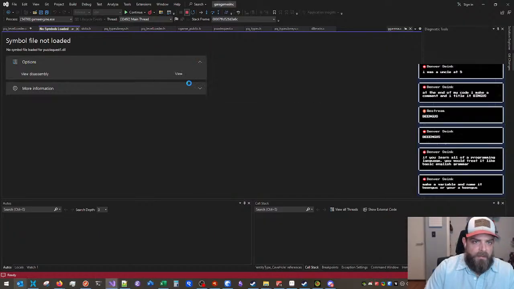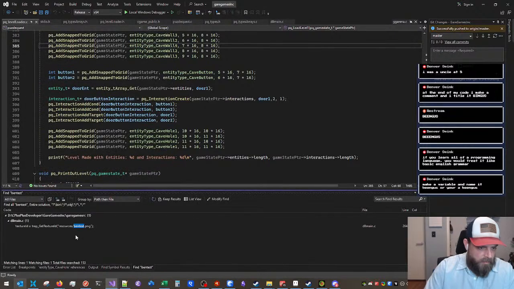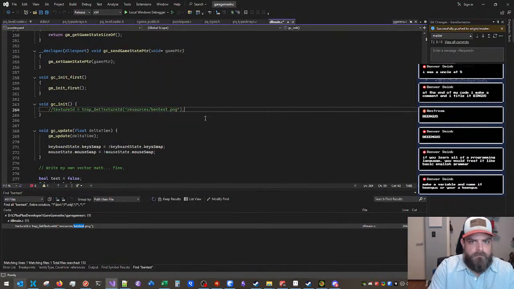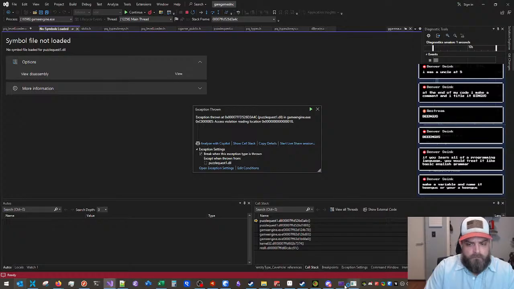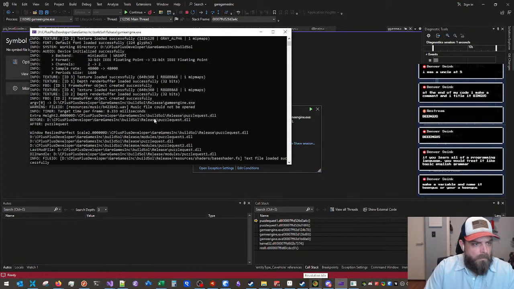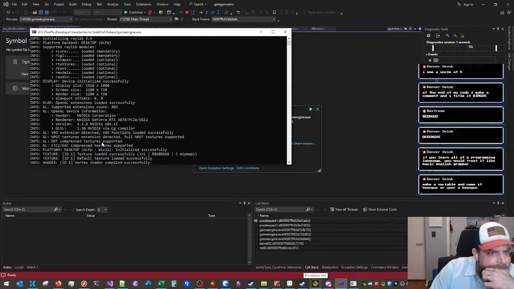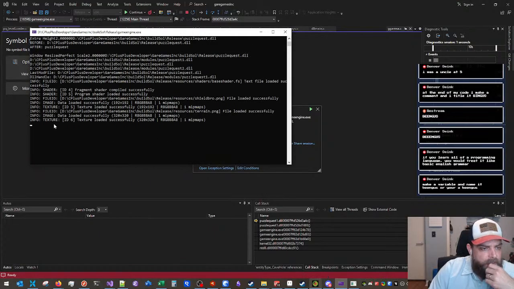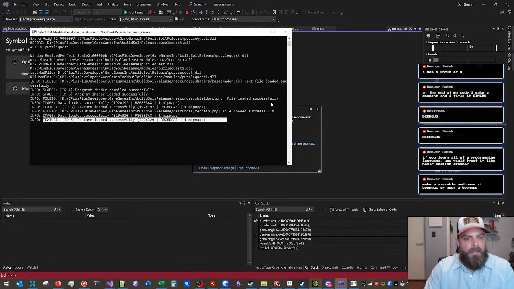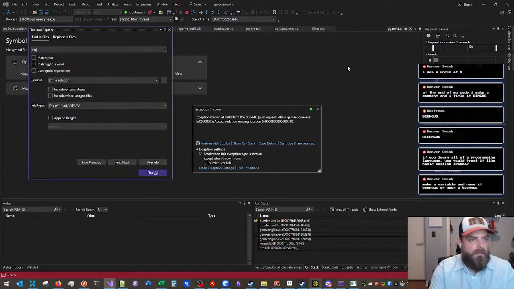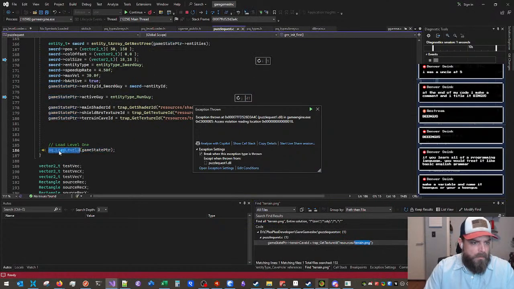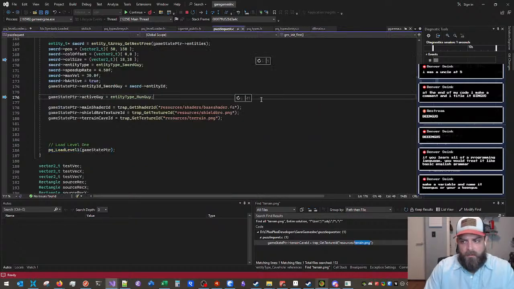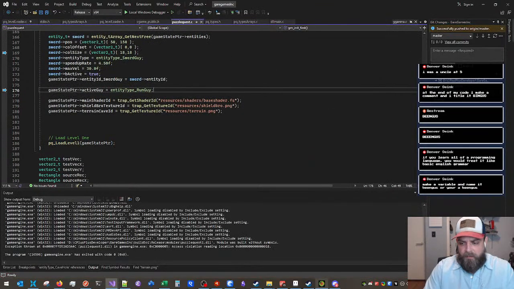How about we stop using the Bentest PNG? So it crashes here after I load terrain PNG. There's no way it's breaking there though. So I think what I need to do is modify the